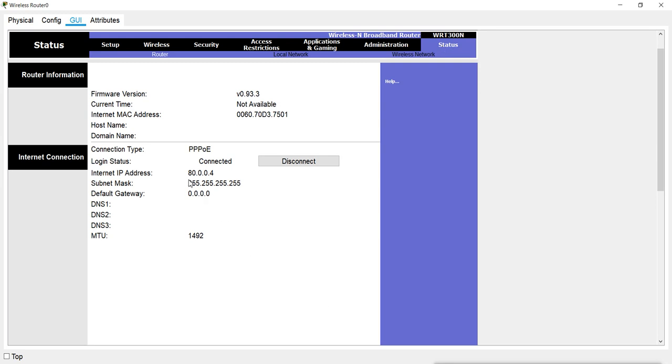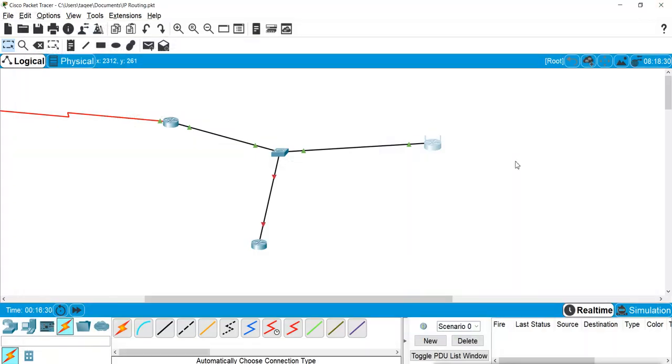As you can see here in the status, it says PPPoE connection and it is connected, and the IP it is getting is 80.0.0.4. It is the IP from the same range which we have configured on our server. That means it is now getting the connection from PPPoE. And any device which connects to this router can get access to the internet or can go to this network.